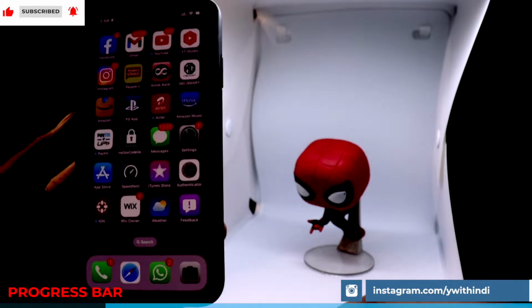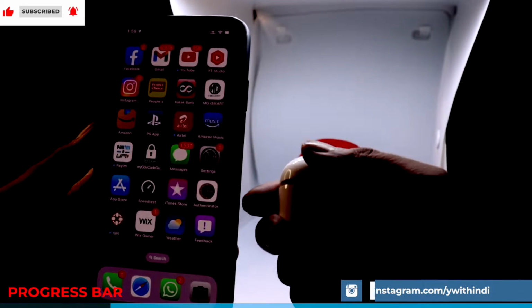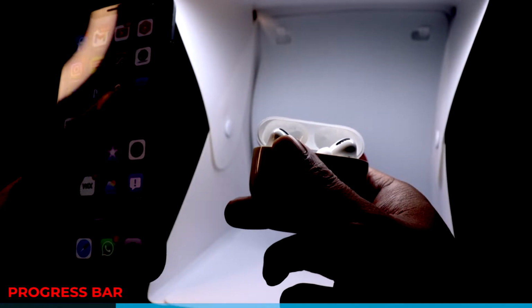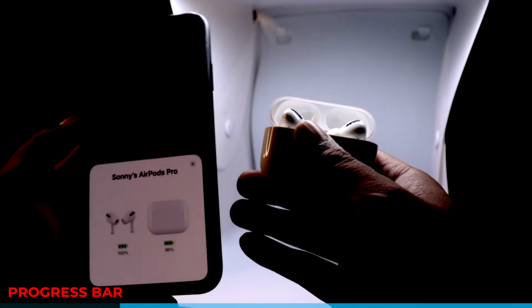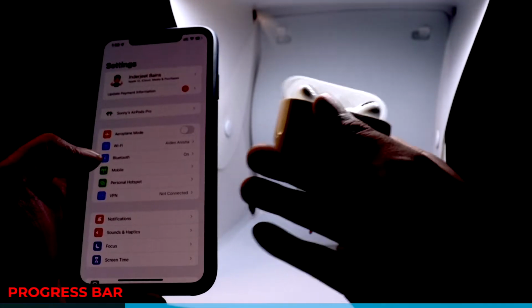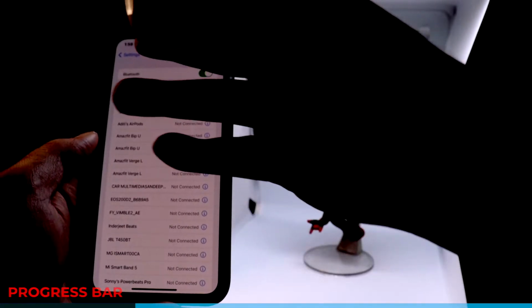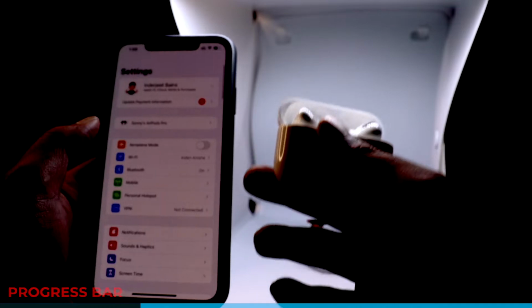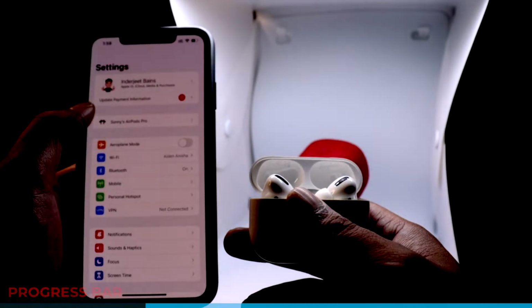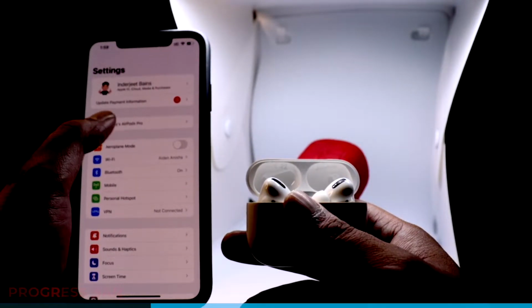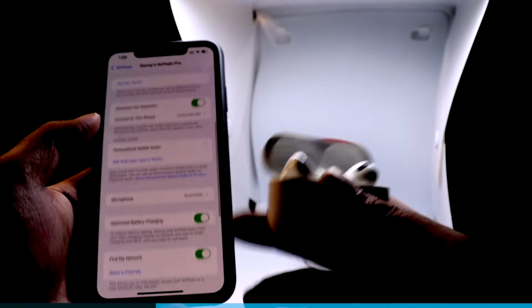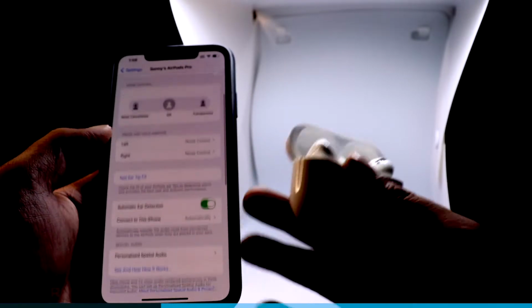The next update that we are really excited about is, of course, with AirPods. With iOS 15, if you needed to actually go into the settings of your AirPods, you had to go into Bluetooth, find the connected device, and then go into settings. You don't need to do that anymore. You'll actually get your connected devices right here. You can actually go in there and change the setting and do whatever you need to do with that device